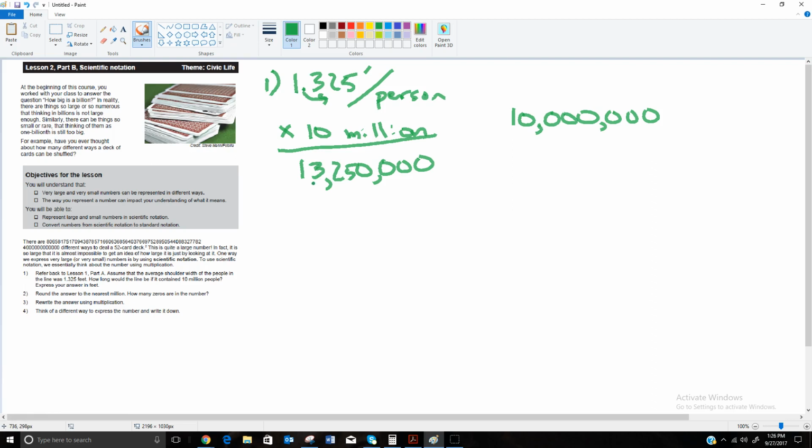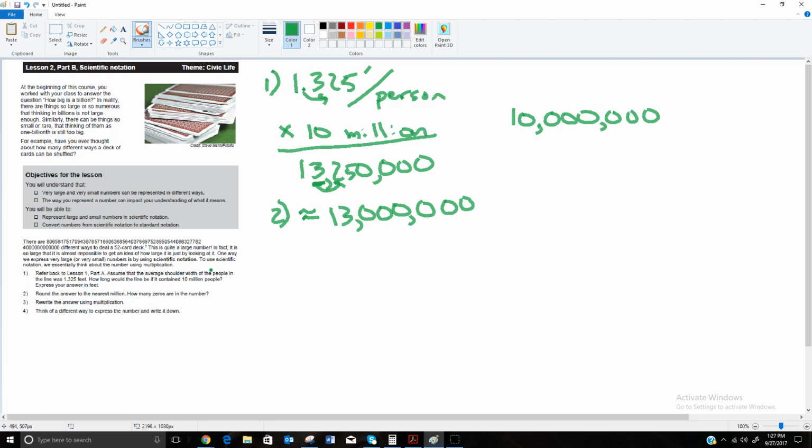Okay, so the nearest million would be this spot. So they want us to round this number to this spot. So when you're rounding, you're just trying to decide, do I leave this as a 3 or do I round it up to a 4? And the number to the right of it will tell us what to do. So since this is a 3 and this is a 2 to the right of it, the 2 says leave it alone. We only round up if this number is 5 or bigger. So we're going to leave this as a 3. So rounded, we're going to call that about 13 million. And yes, we rounded that down, so we lost the 250,000 in there,